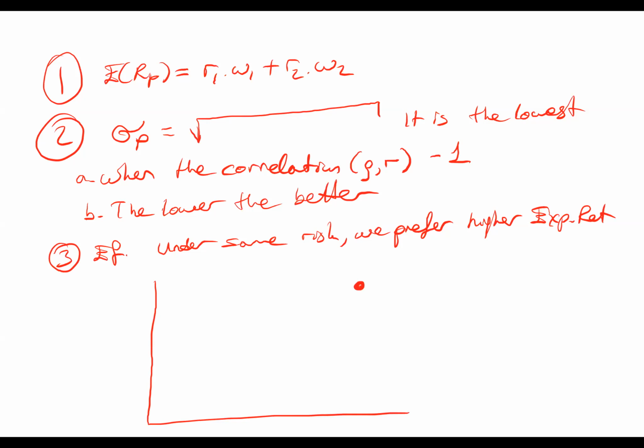So if you have one stock here, stock A, and you have another stock here, stock B, the portfolio is somewhere between those two points, depending on the correlation. If correlation is 1, this is the value of portfolio B. The correlation is 0.9, 0.8, 0.7, 0.5, 0.0. If it is -1,